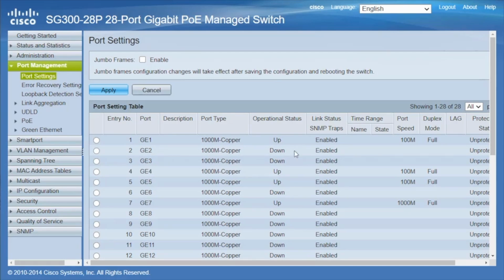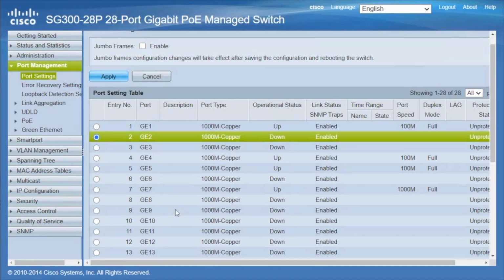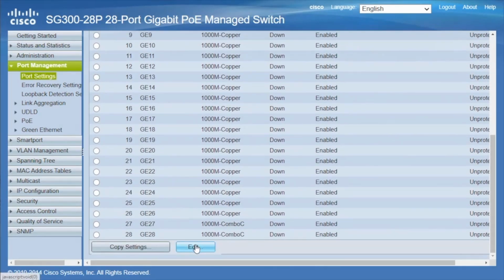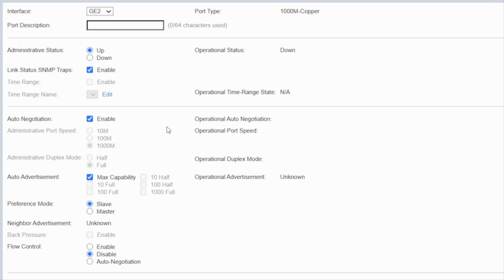We want to make sure they're administratively down, meaning they have to be turned on before they can be used. Let's take a look at port 2. It's down. Let's scroll to the bottom of the page and click Edit. On this page, you'll notice that the administrative status of this port is actually up, even though it's operationally down. This means there's nothing plugged into it. To make sure that this port remains down and is not used without permission, we'll set the administrative status as down. Click Apply,